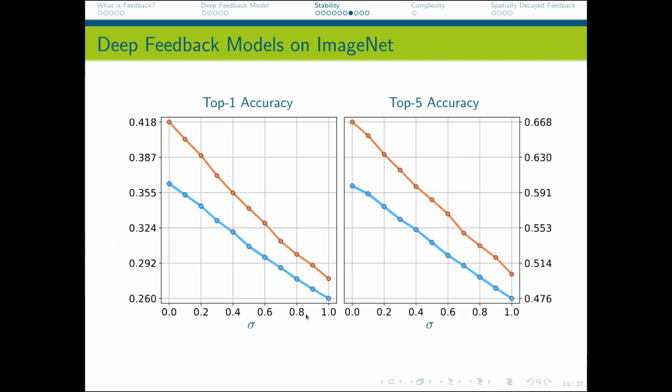Now, this allowed us to test our model in large-scale datasets such as ImageNet, and here you can see the impact of different levels of noise on the accuracy of a ResNet-18 in the ImageNet dataset at a lower resolution of 64 by 64 pixels. And for all of the levels of noise that we tested, the feedback model in orange dominates the performance of the